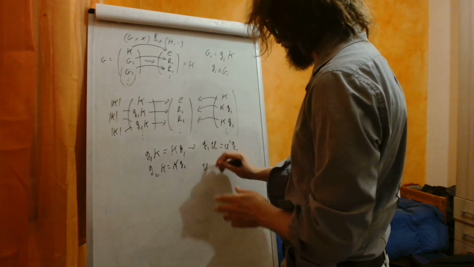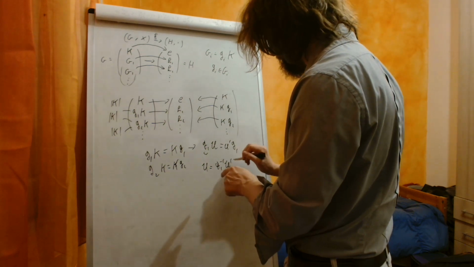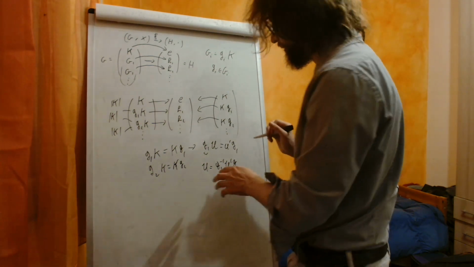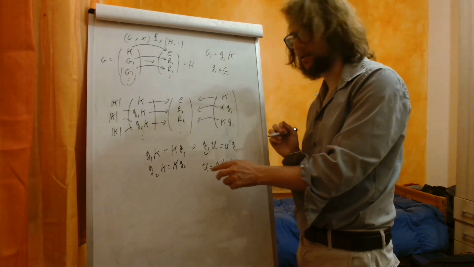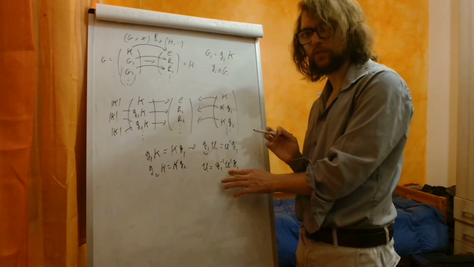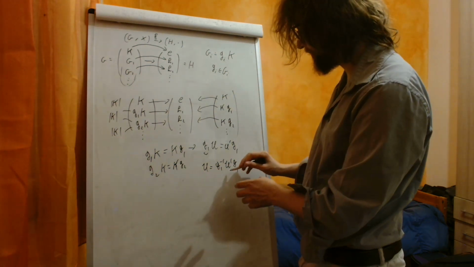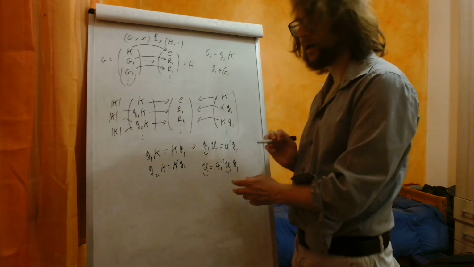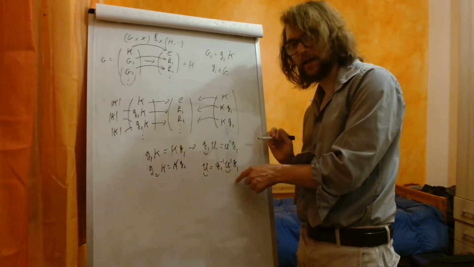And we can write this as K equals g1 to the minus 1 K' g1. And this must hold for any element K in the kernel. So for any element K in the kernel, there must be another element in the kernel K' for which this relation holds. These two elements K' and K are said to be conjugated, and they are conjugated by the element